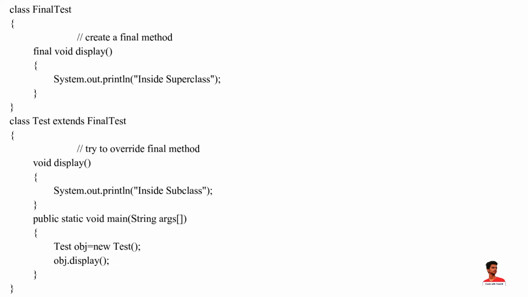In this example, we have created a final method named display inside the FinalTest class. Here, the Test class inherits the FinalTest class. We have tried to override the final method in the Test class. When we run the program, we will get a compilation error as